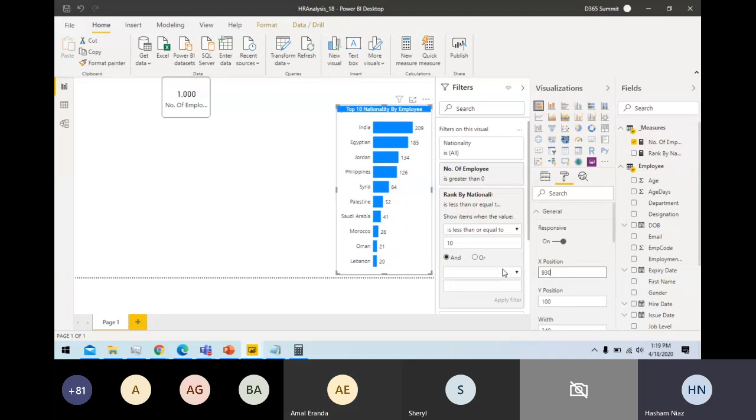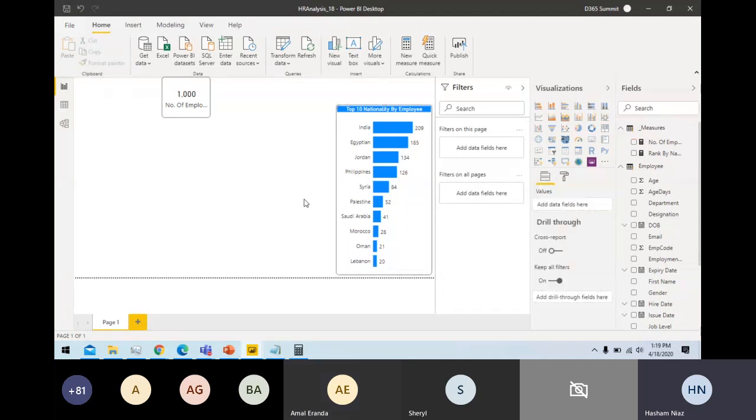Okay, so for report designing purposes, a few things to keep in mind: you need to use your space very wisely, how you utilize your space in your report canvas. So this is my report canvas, and I say this as employee. You don't just misuse the space.